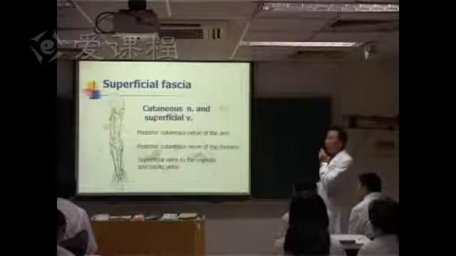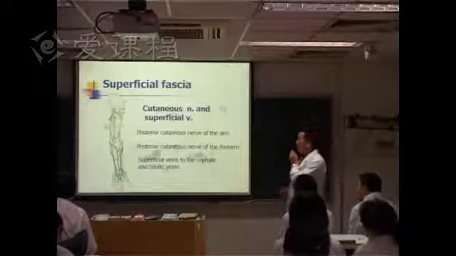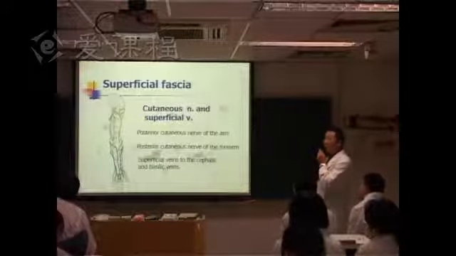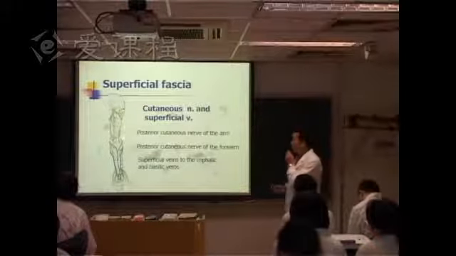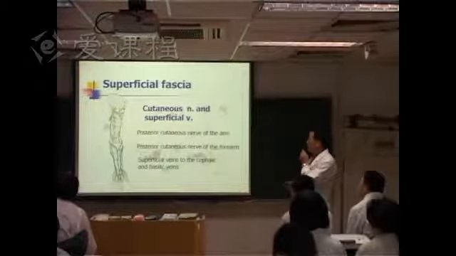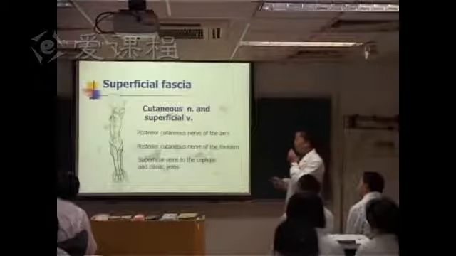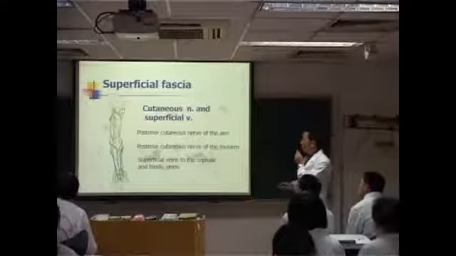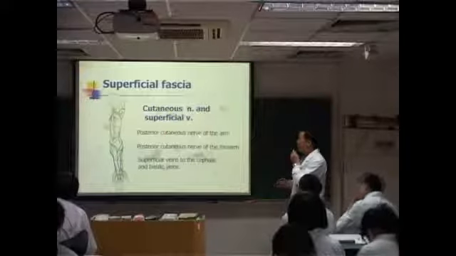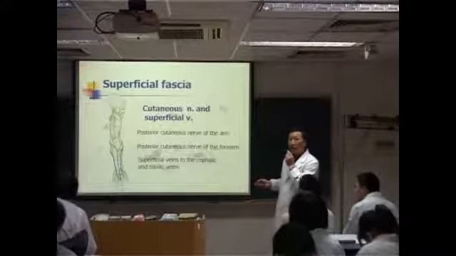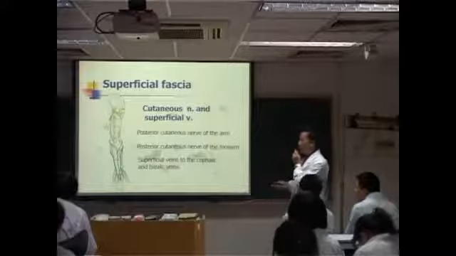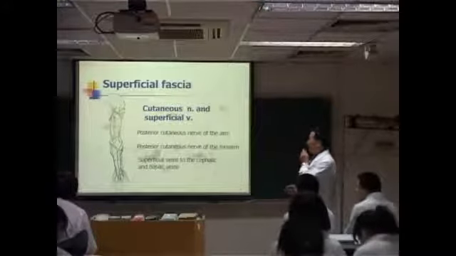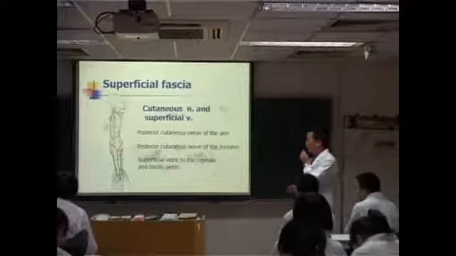After the skin is removed, you should find the superficial structures within the superficial fascia. Within the superficial fascia, we can find some cutaneous nerves and superficial veins. The nerves are the posterior cutaneous nerve of the arm, like this. Maybe there are several branches. You should find one or two branches. And there are many superficial veins